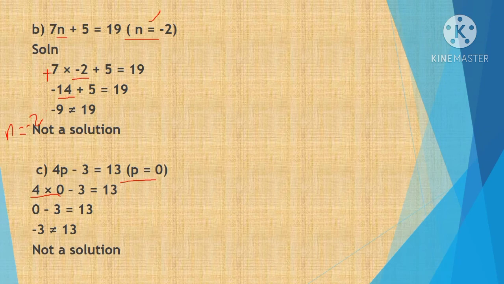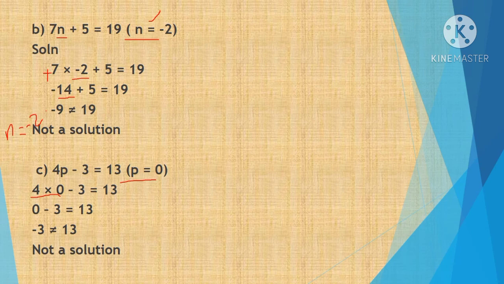So in the place of n, you want to substitute the value n = minus 2. So they are asking whether n = minus 2 is a solution or not. Now we want to find out, right? When you substitute this minus 2 in this equation, you want to get the left hand side equal to right hand side. So 7 into, in the place of n, what is the value given? Minus 2. Substitute minus 2, plus 5 equal to 19. 7 2s are 14. Plus into minus, minus. You are applying here the integers rule for multiplication. Remember the first chapter now?